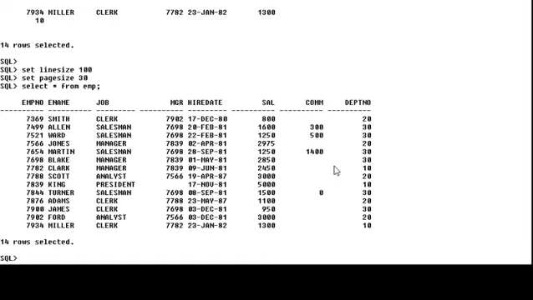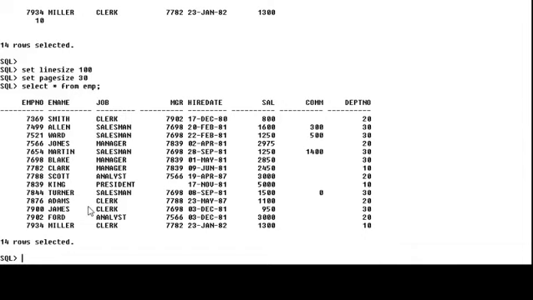So suppose any output is not in a proper manner, or it spans multiple lines, and you want to format that output properly, you can do it using set linesize and pagesize. These two parameters increase the buffer size of a particular SQL environment. So now the size of the buffer will increase, and we can see the proper output of the table.